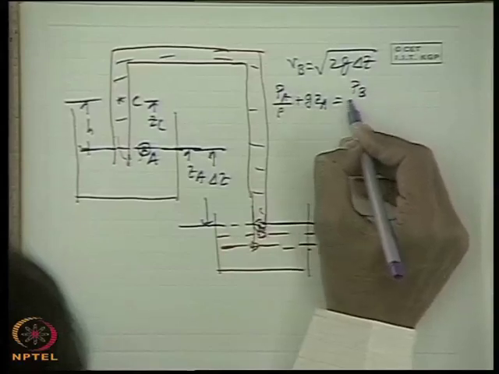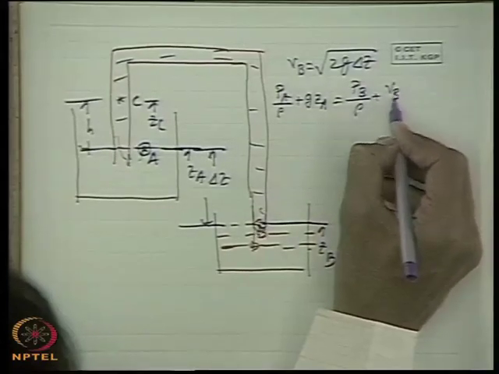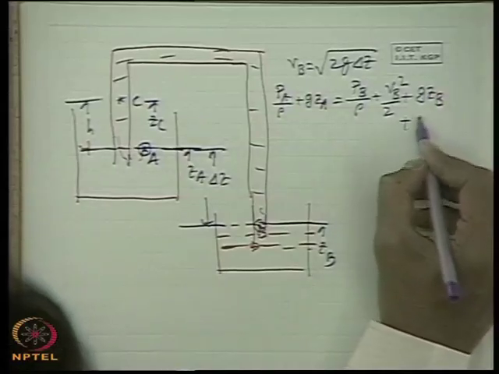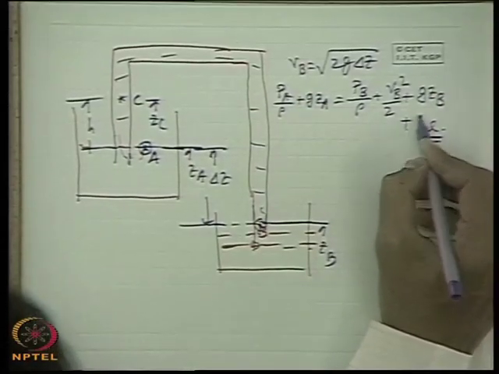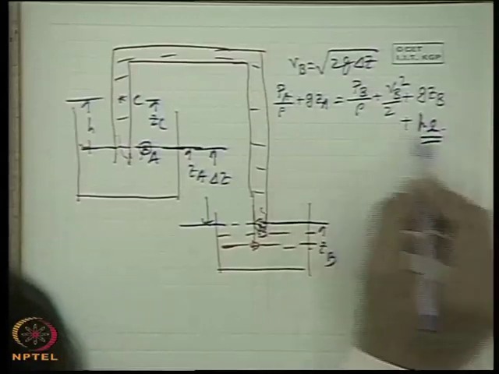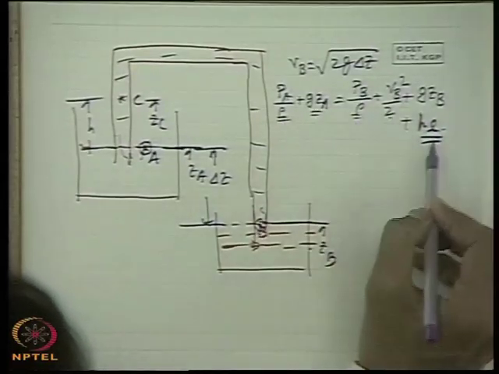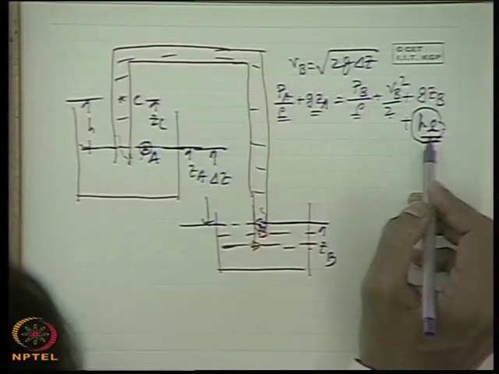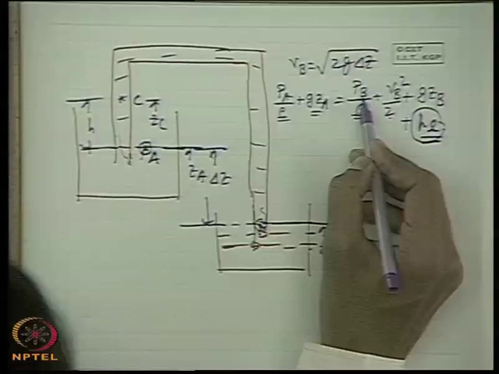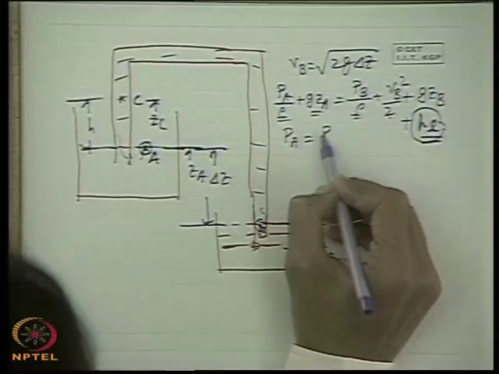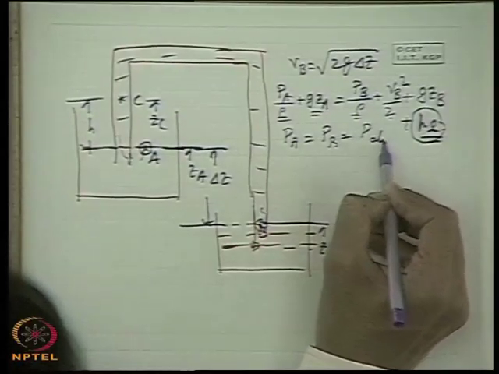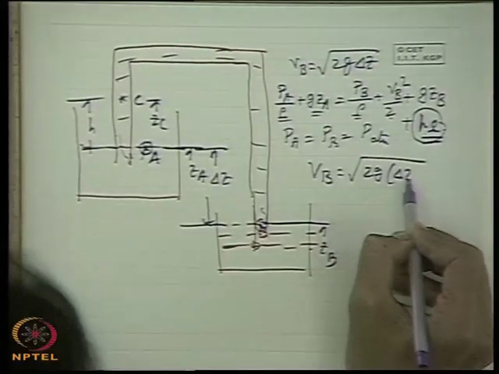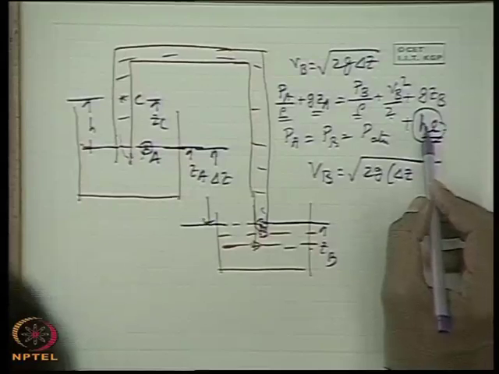Therefore the total energy at the downstream point is Vb square by 2 plus g Zb plus a loss term HL, that is the loss of energy due to friction per unit mass, because these are energy quantities per unit mass. This is known as the frictional head loss, or frictional energy loss, HL. So in that case, if you cancel Pa and Pb, equal to the atmospheric pressure, then you get simply Vb equal to root over 2g delta Z. Okay, so this will be the head loss term.